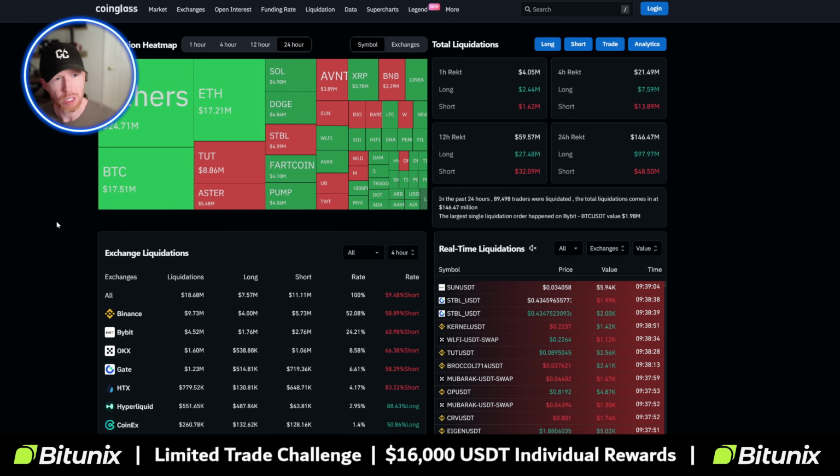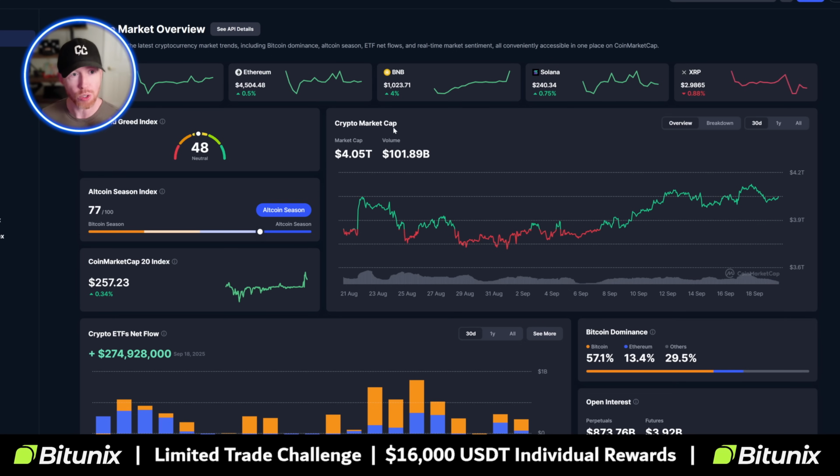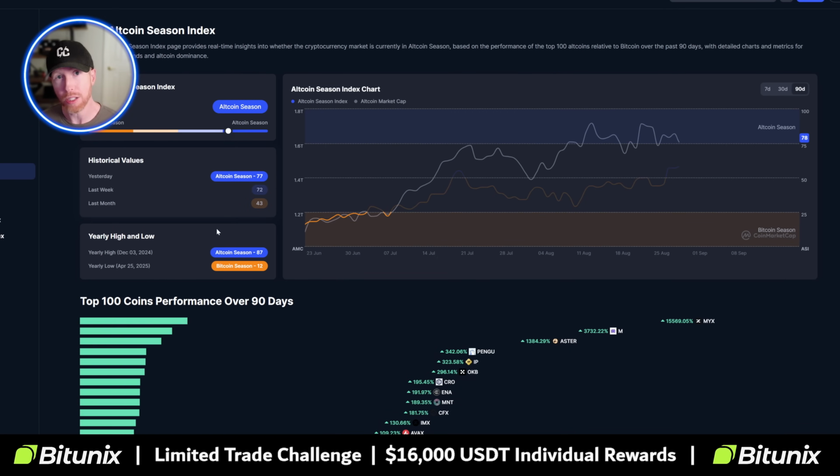Okay, so the truth is most coins are getting hit pretty hard to the downside, but Bitcoin is actually pulling back harder than other altcoins, or liquidating more longs than shorts, if you will, and altcoins are not pulling back super hard. That speaks to altcoin dominance and altcoin season index, right?